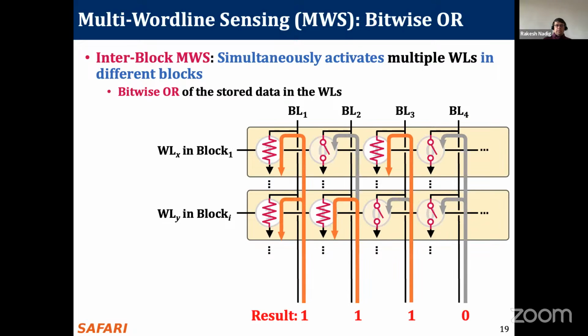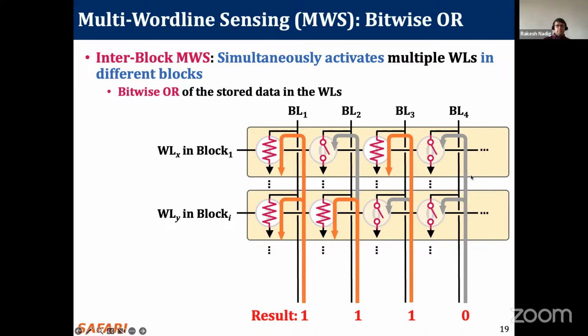Here we have 2 blocks, and we look at 1 word line in each block. When we send the bit line current through these NAND strings in different blocks, since the NAND string in each block is connected to a sense amplifier,